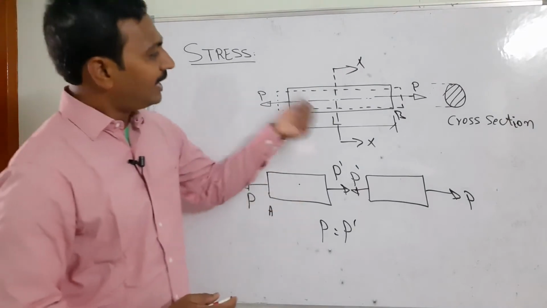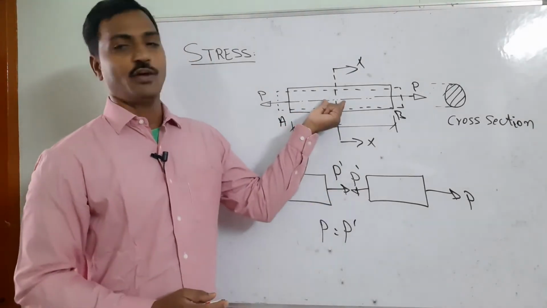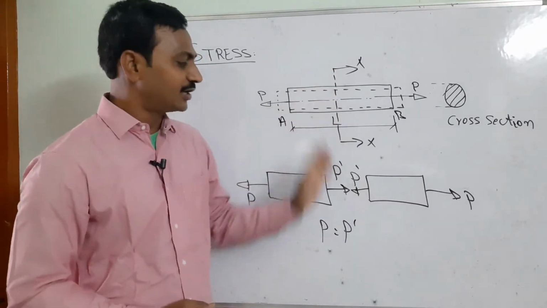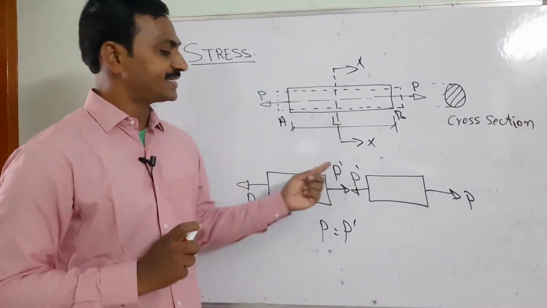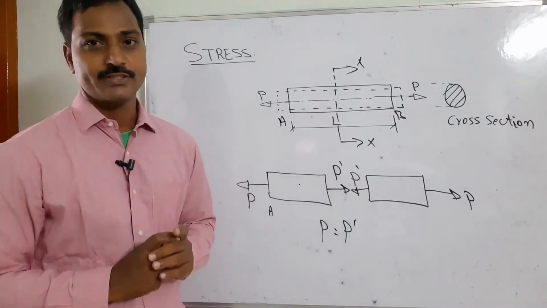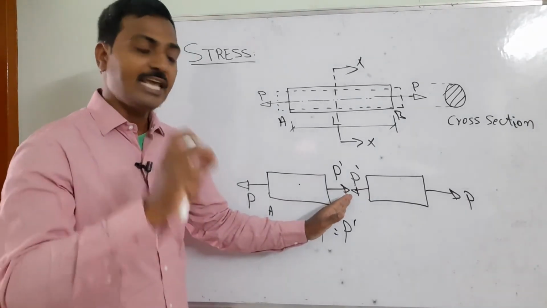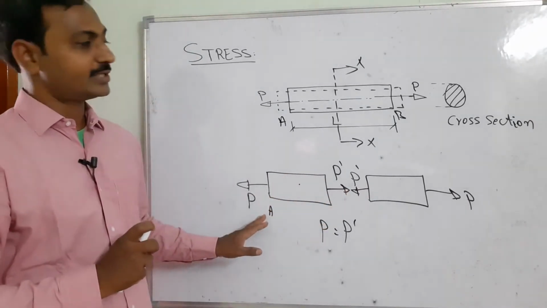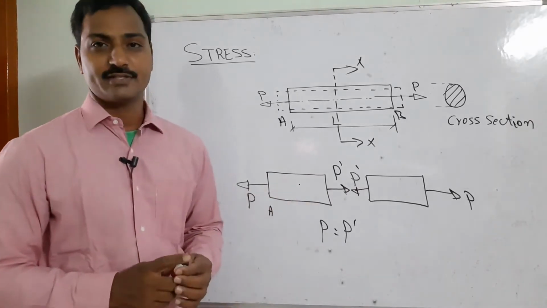Right? When it is one member, this is reflected as internal forces. But once you make the section, what happens? It makes two equal parts. That means the internal forces have been converted into external forces. The internal resistance force that is developing is equal to the externally applied force. So this way we can understand the equilibrium condition of that system, right?